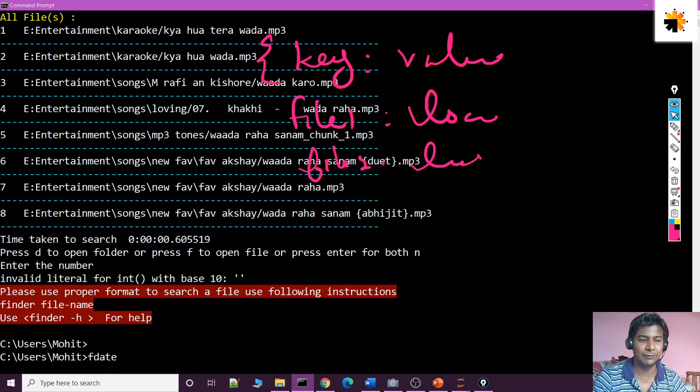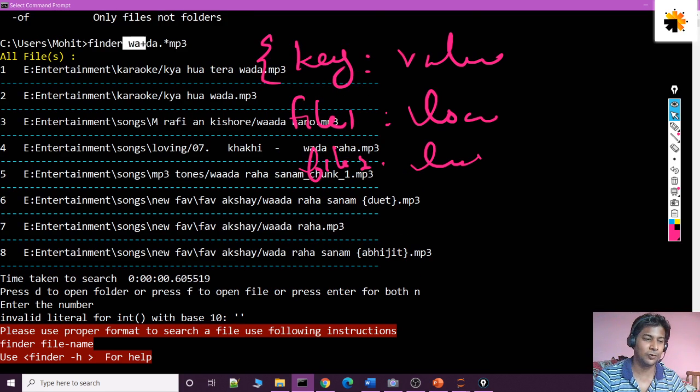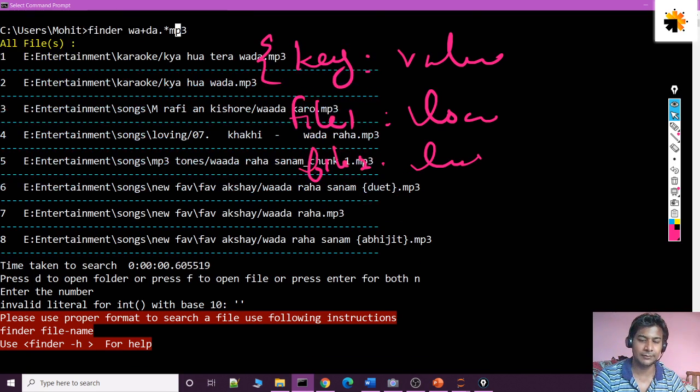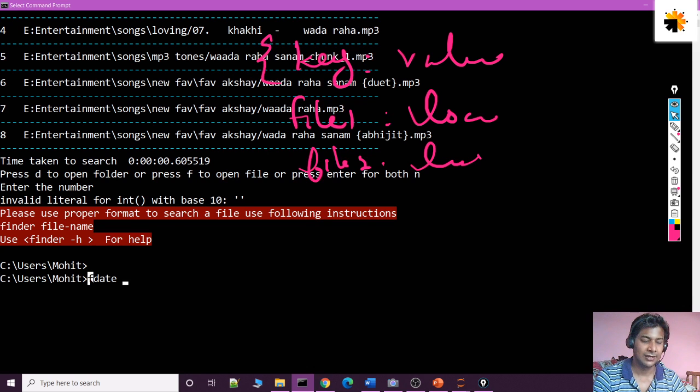Consider you forget the name of a file, because I need to know some name like Vada and MP3, but consider you don't know the name, then you can use my other software, fdate. Fdate is another kind of dictionary making. It takes the creation date and modification date as a key. So now it is like this one,